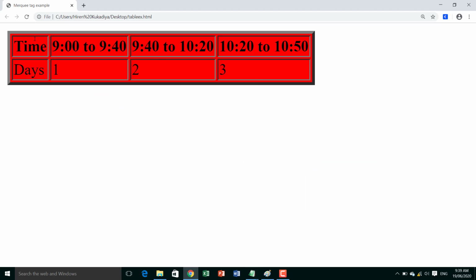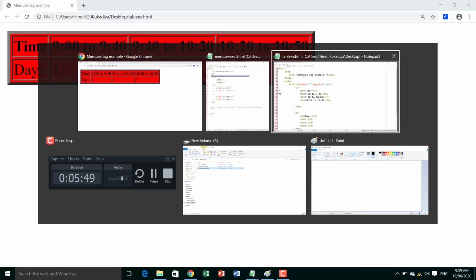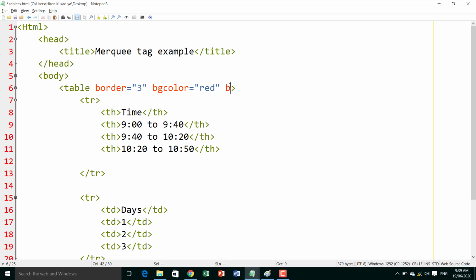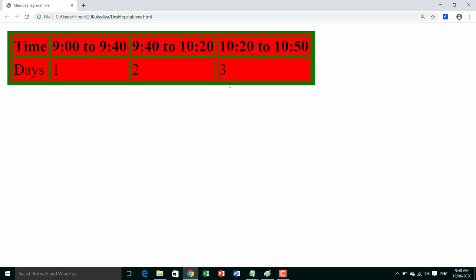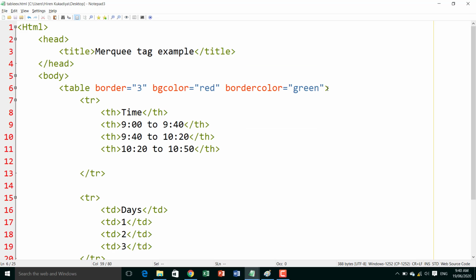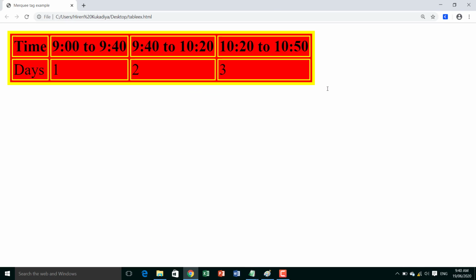bordercolor. Suppose here the border color you will see like the black side. Okay, suppose if we want a different color, then here using bordercolor equals to, suppose, green. Then save and then run. So you will see the border color here. Okay, so these are the border colors. Suppose we will give a different color like yellow. See, this is the different color.